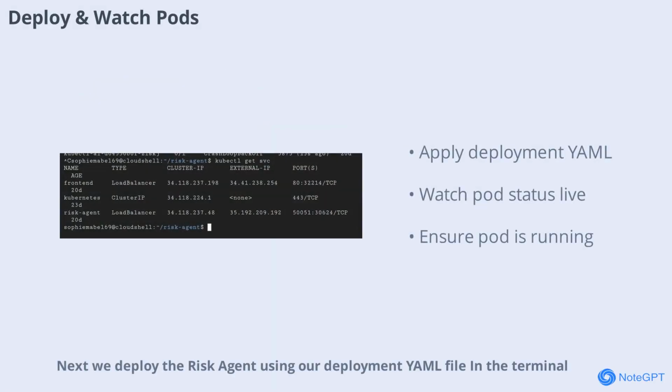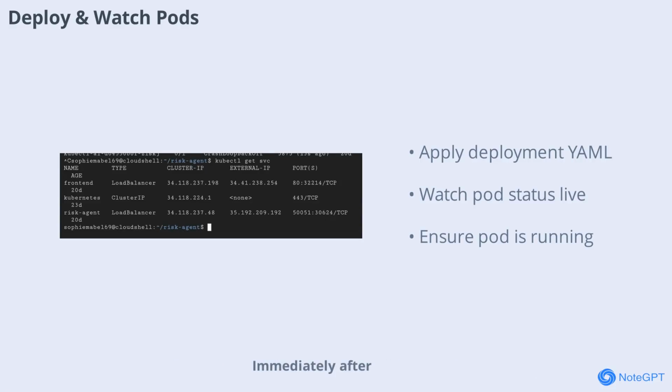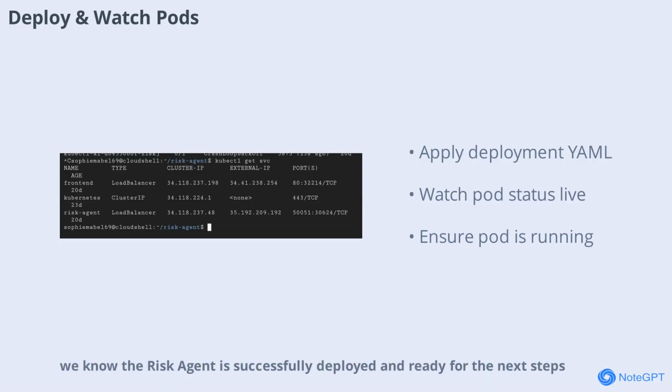in our cluster. Next, we deploy the risk agent using our deployment YAML file. In the terminal, we apply the configuration with kubectl apply risk agent deployment YAML. Immediately after, we use kubectl get pods -w to watch the pod status in real time. This allows us to monitor the deployment process and ensure the risk agent pod transitions from pending to running. Watching the pods live gives us confidence that the deployment is proceeding smoothly. Once the pod is up and running, we know the risk agent is successfully deployed and ready for the next